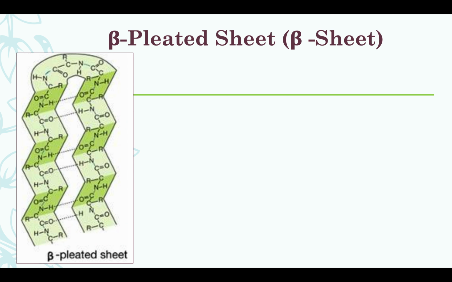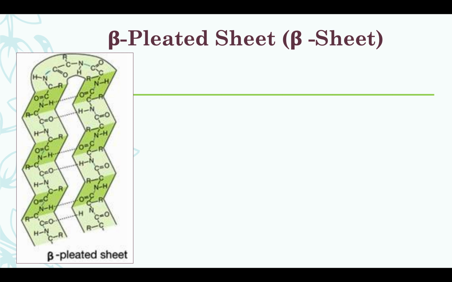Okay, so shown here is an example of beta pleated sheet. Remember, sabi natin in beta pleated sheets, we have here an almost completely extended peptide backbone. Now, what's the implication of that? The implication is we can form hydrogen bonds between different parts of a single chain that doubled back on